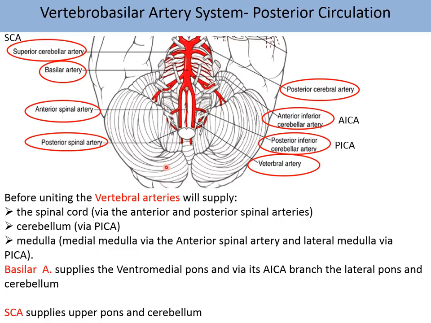The vertebrobasilar artery, that is the posterior circulation, includes, as we described, the basilar artery, the vertebral arteries, the posterior spinal artery coming off of this vertebral, as well as the posterior inferior cerebellar, anterior inferior cerebellar, posterior cerebellar, the superior cerebellar artery, and the posterior cerebral